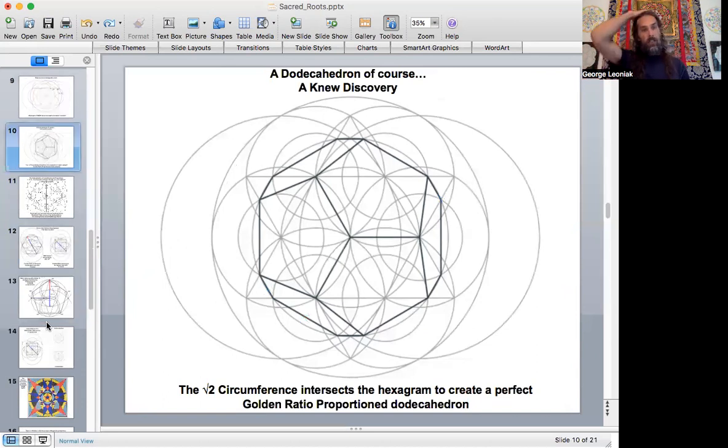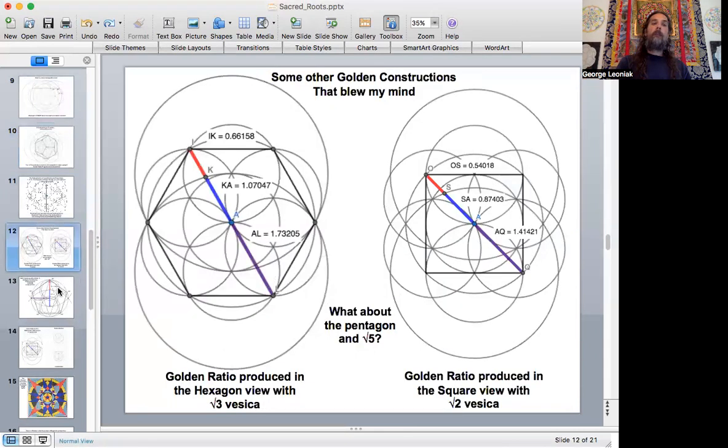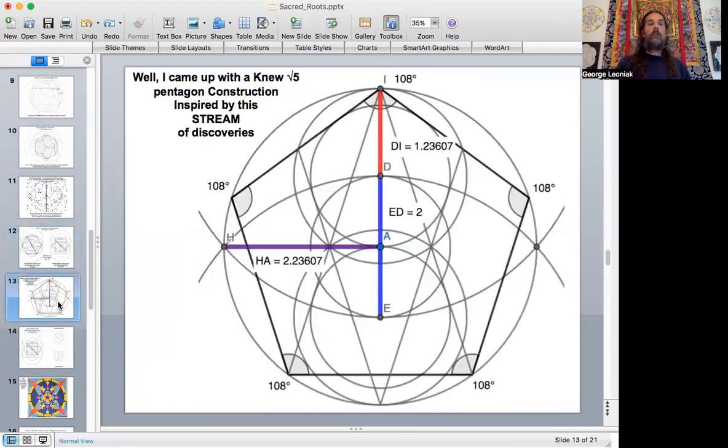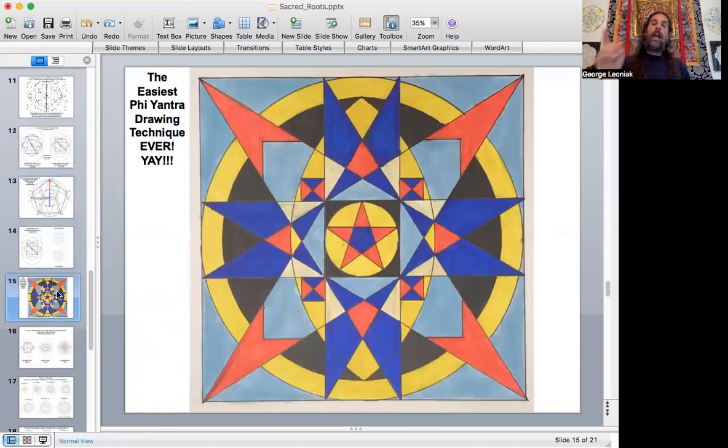So understanding these proportions and how they integrate with the drawings does not detract from you doing amazing, beautiful artistic creations. All it does is enhance your deep appreciation. At least this is what it's done for me. Enhances my deep appreciation of just how magical and beautiful the mathematics, the science, the artistic expression of it,